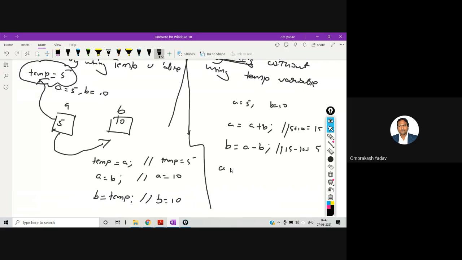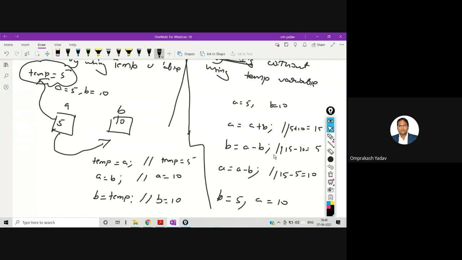Then I'll say a is equal to a minus b. a is still 15, 15 minus b is 5, so minus 5, and then a has become 10. So before this operation a was 5, b was 10, but after this operation we observe that b has become 5 and a has become 10.